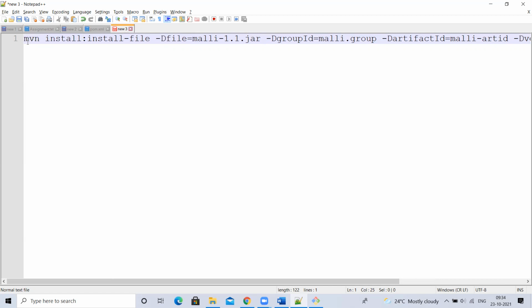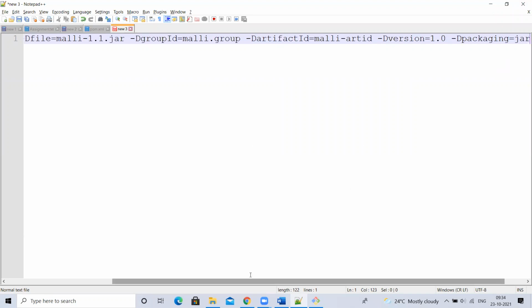So we can upload or install the custom dependency into our local repository with group ID, artifact ID details. Then with this group ID and artifact ID, we can use it as a dependency in our pom.xml. So when we run any goal, Maven is going to take that jar or dependency from the local repository. Understood, guys? Yes. Okay. So now that's it.